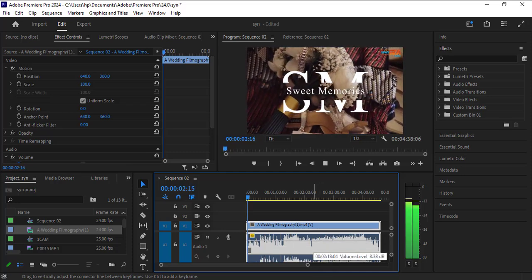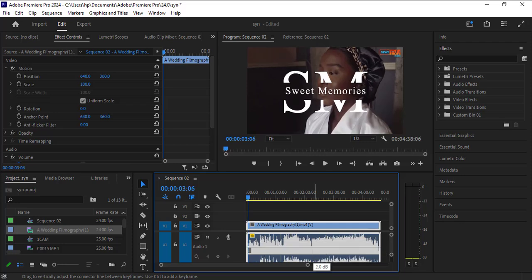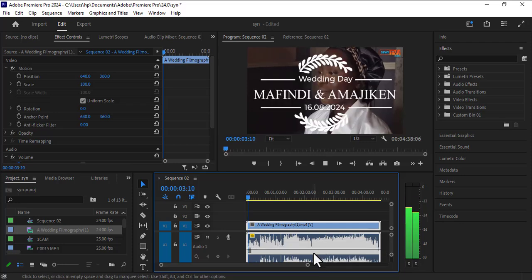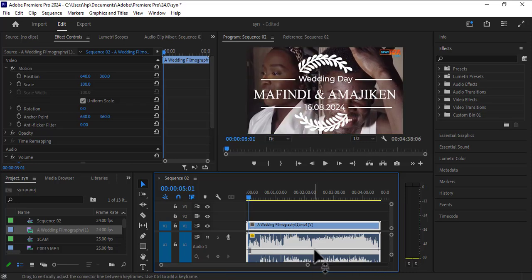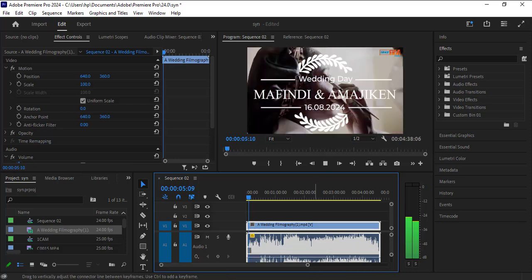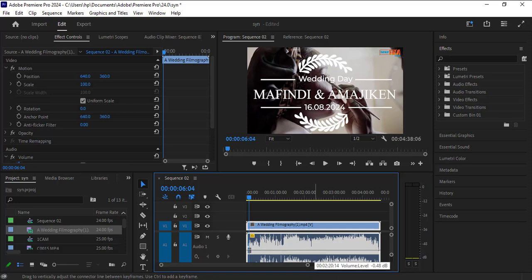You see how harsh it is? Now if I drag it down, this was where it was. You see the difference? If I drag it below, you see the difference? So adjusting this up and down for audio effects, for sound, for background music, you need to adjust it down, and you can also use